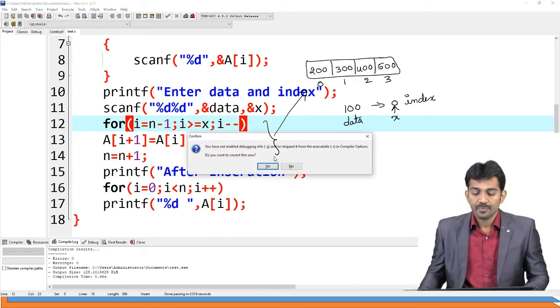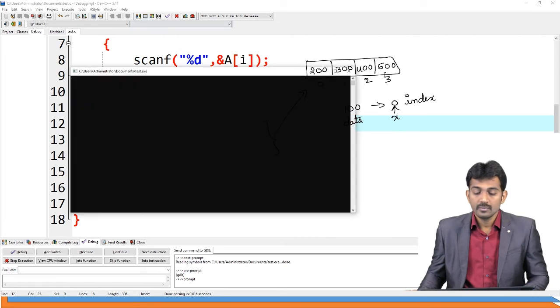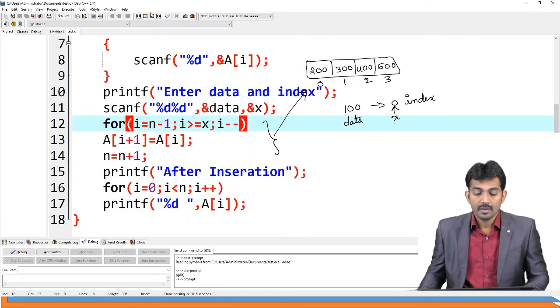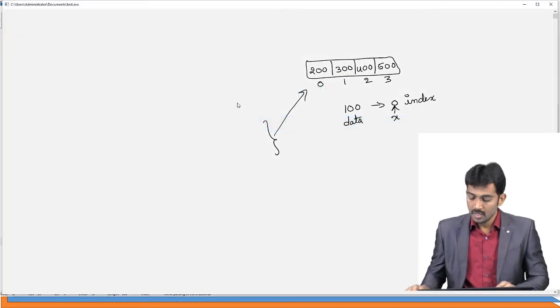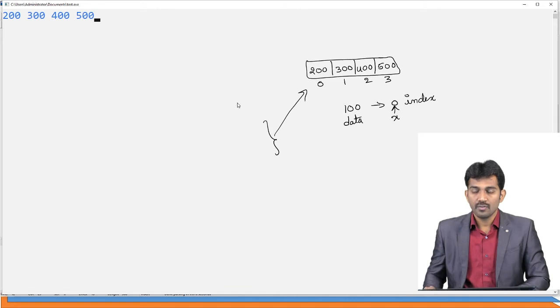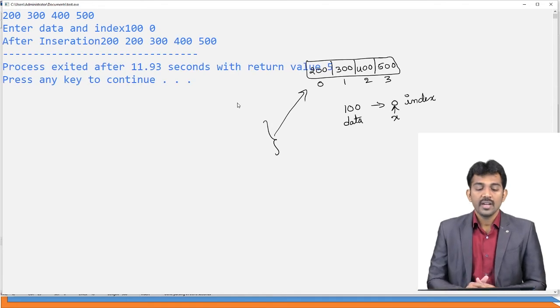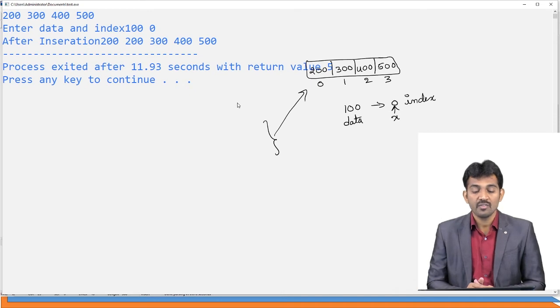Now, see, 200, 300, 400, 500. So data item is 100 and at 0 index. So after insertion: 200, 200, 300, 400, 400.